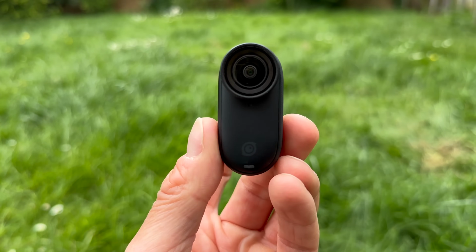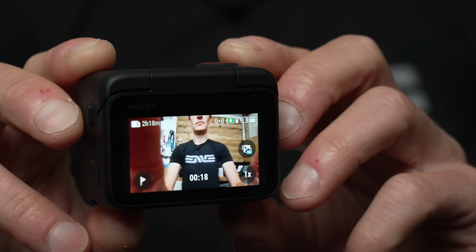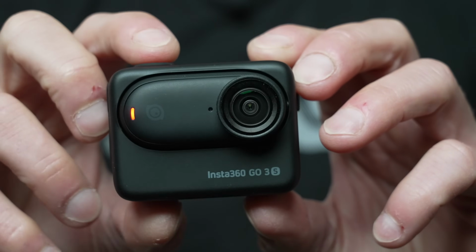I can't believe how small this 4K camera is. I would have killed for something this small and high quality 25 years ago when I was a teenager making bike films with a mini DV camera gaffer taped to my helmet. So this is a brand new Insta360 Go 3S, and the headline story, the big news, is the camera now